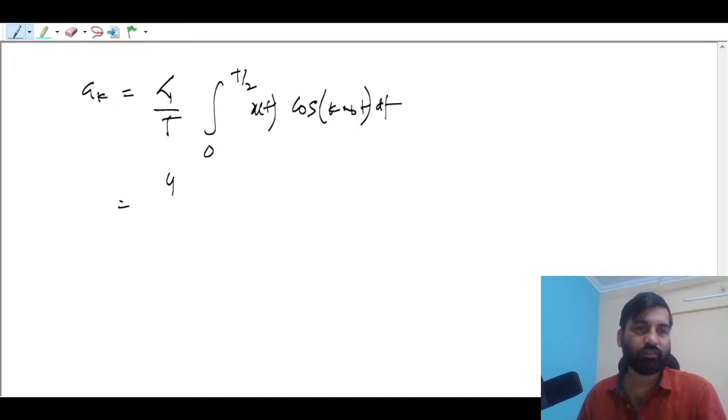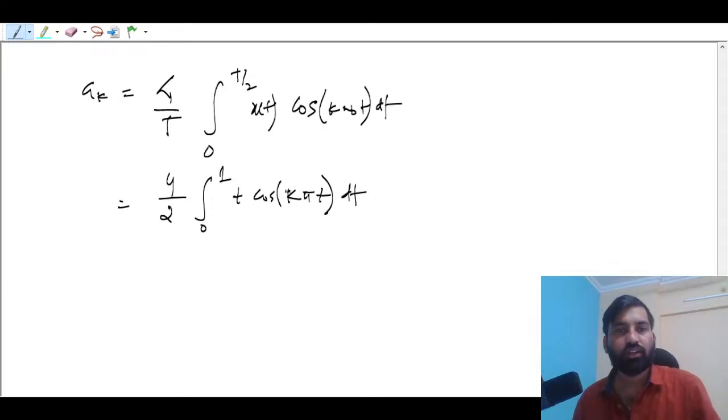So 4 by t, 4 by 2, 0 to 1, t cosine k omega naught is pi, right? So you can just write pi here, k pi t dt. Now what do you have to do? Again, what do you have to do? You have to just